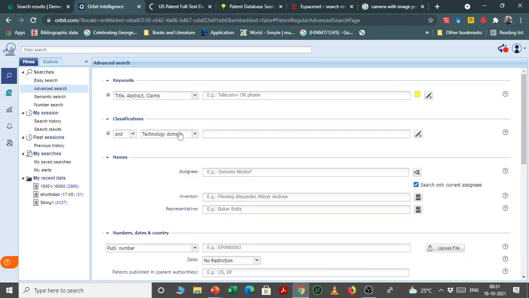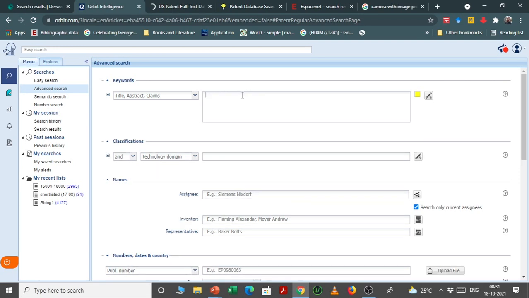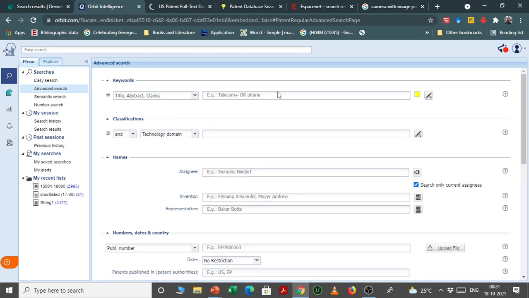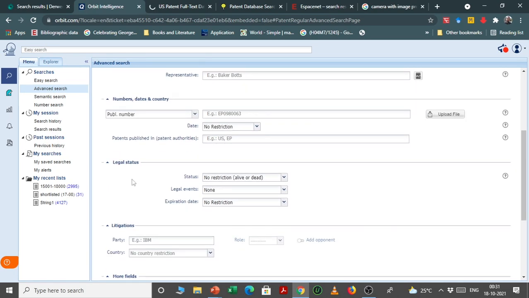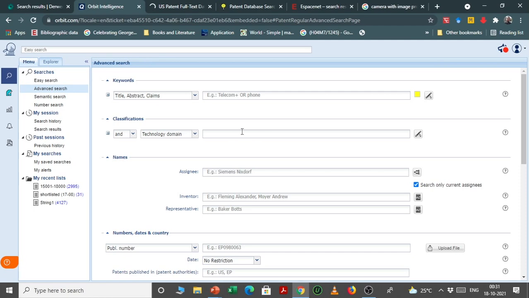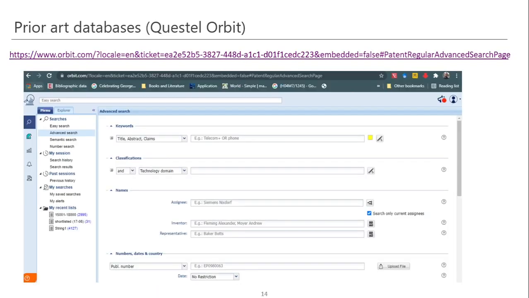This is the search interface of Questel Intelligence or Questel Orbit. You can search a particular topic like telecom or phone, or a particular assignee, like which company has filed the invention, like Siemens, or you can put a particular inventor name. You can put certain date restrictions and you will get a list of the patents related to a particular topic.